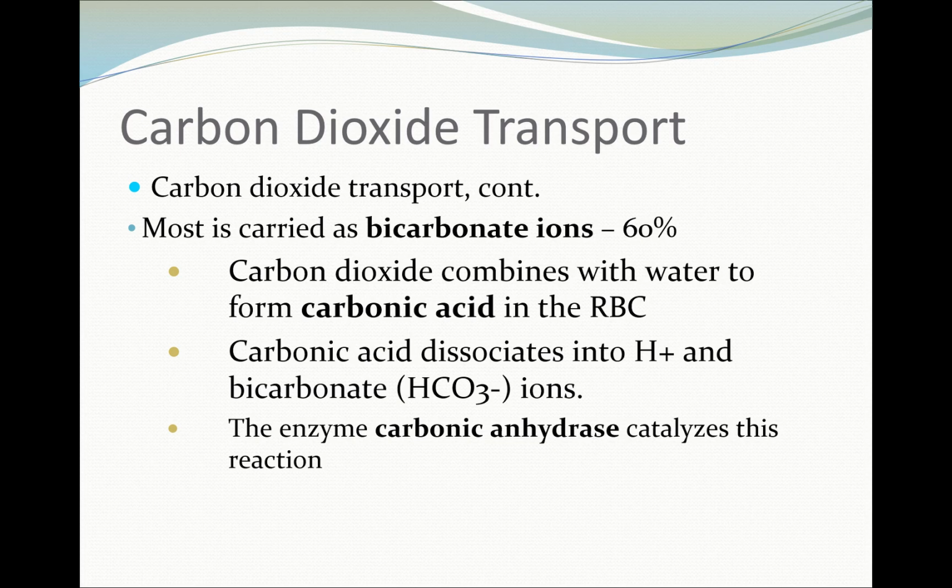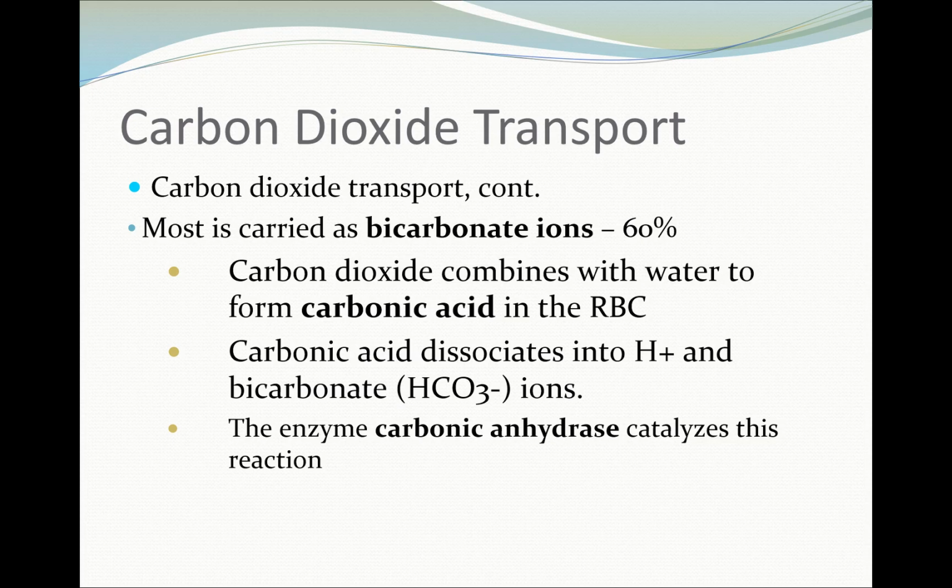All right, so most of the carbon dioxide is transported in bicarbonate ions, so about 60%. So you might have been wondering, where's the other 60% if only 40% is transported in the red blood cells? And so bicarbonate ion is your answer to that. So carbon dioxide, which is CO2, will combine with water, which is H2O, to form carbonic acid in the red blood cells. So carbonic acid dissociates into the hydrogen ions and the bicarbonate ions, and the enzyme carbonic anhydrase catalyzes